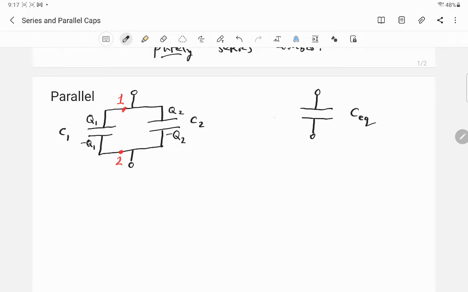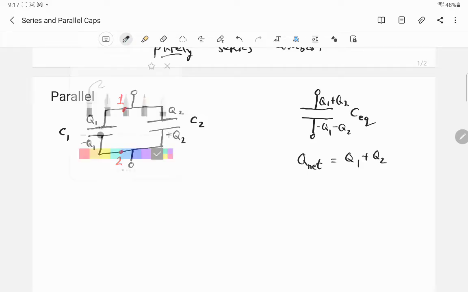So here's how you understand the equivalent capacitance. We say that this upper conductor has the charge Q1 plus Q2. And the lower conductor has the charge negative Q1 minus Q2. So that the net charge separated is Q1 plus Q2, right? So another thing is whatever the potential difference is across capacitor number 1, it's equal to the potential value of the upper conductor minus the potential value of the lower conductor, but it's the same potential difference